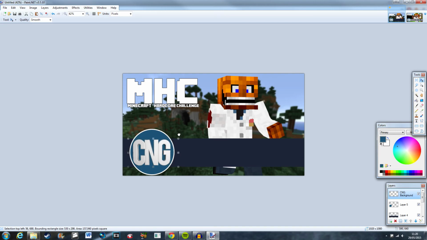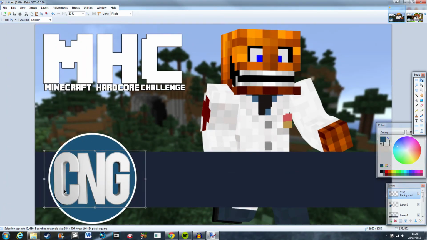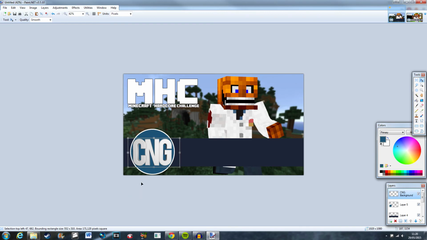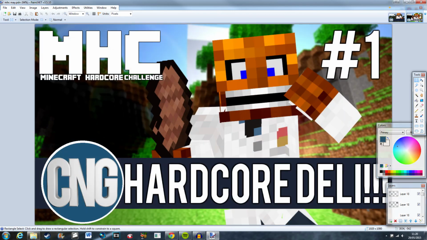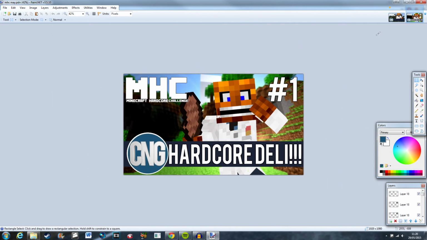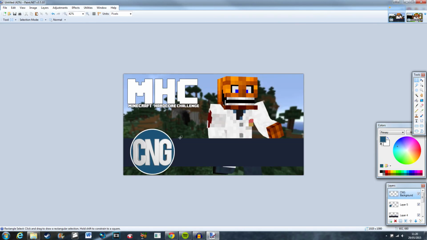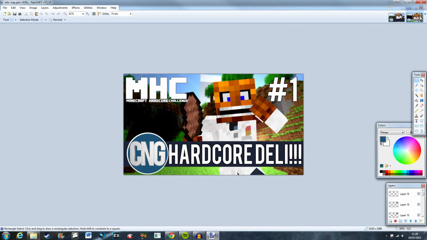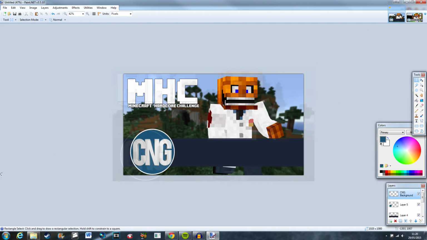And all I do here is just drag it in like this. I try and make it fill up as much of the circle as possible. There we go. So that is looking pretty good. It's not the exact same as... actually no, it's looking... The circle actually is a bit bigger on this one. But all in all, I think that's quite a good